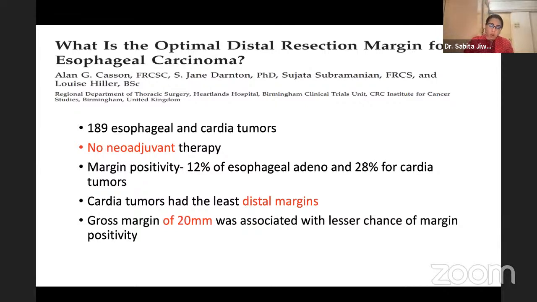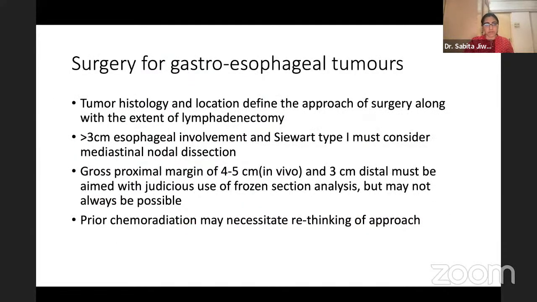And if you had a gross margin of 2 centimeters, this was associated with a lesser chance of margin positivity. So surgery for gastroesophageal tumors, there is no clear consensus. There are no guidelines, but there are a few papers, and these are not very large trials. So what you have to remember is that tumor histology and location will define the approach along with the extent